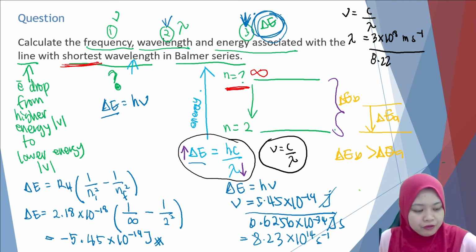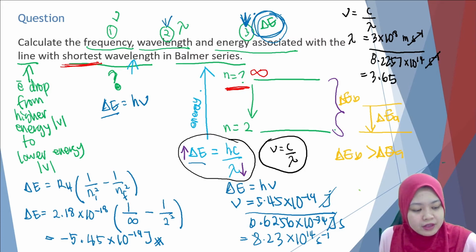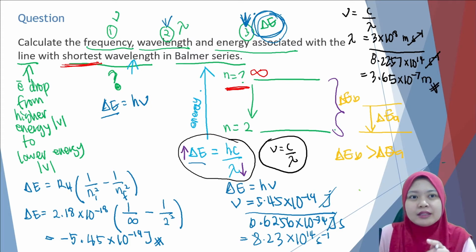The frequency is 8.2257 exponent 14 second minus 1. So the second can be cancelled. Then you will get 3.65 exponent negative 7 meter. Now Maida wants to add a little note, because usually wavelength in this topic, the unit must be